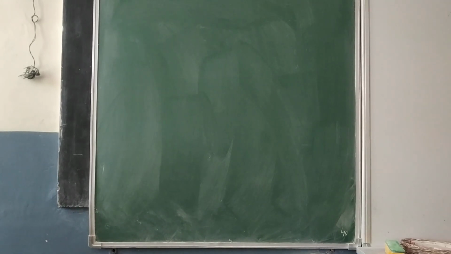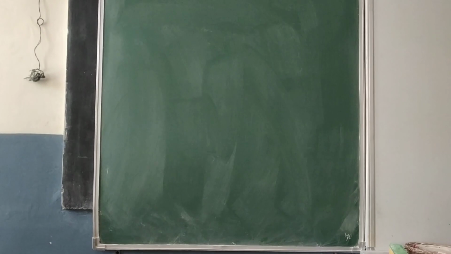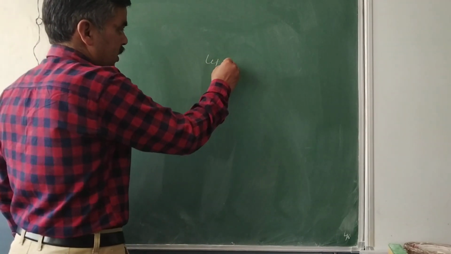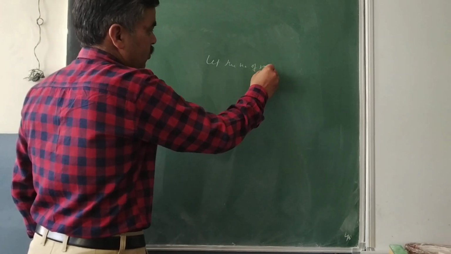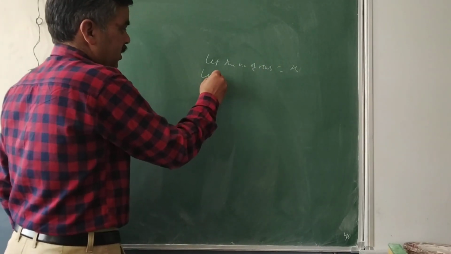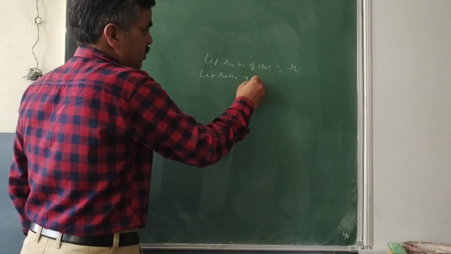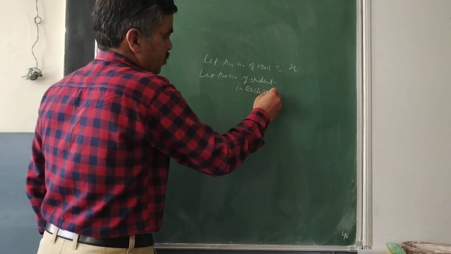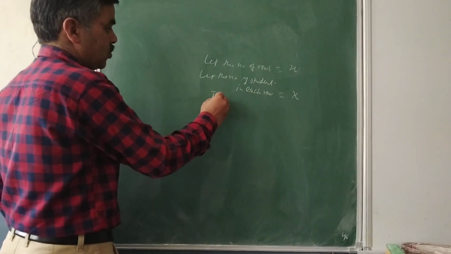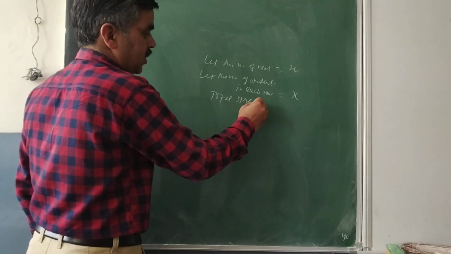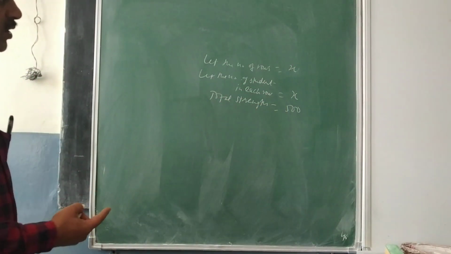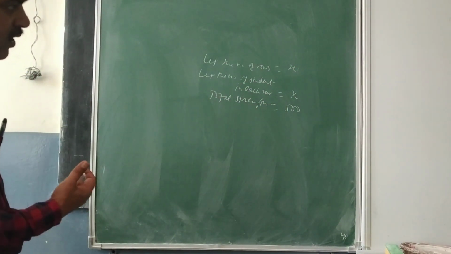You need to pay attention. I have to find how many students will be left out. That is again a question of perfect square. So let the number of rows be equal to x. Let the number of students in each row again be equal to x. So the total strength is given. I have to adjust 500 students, where x are the rows and x are the students in each row. So I have to check how many students will be left out.